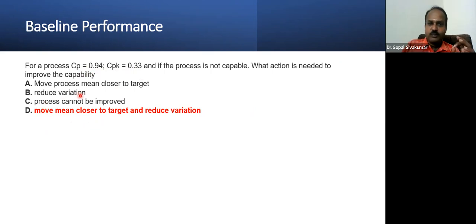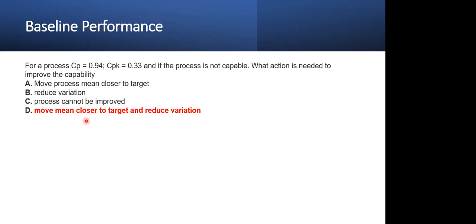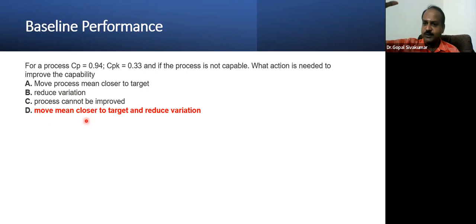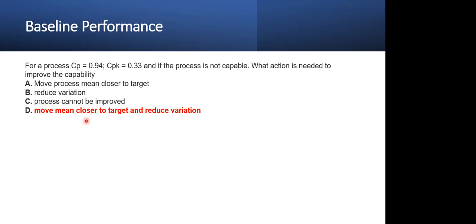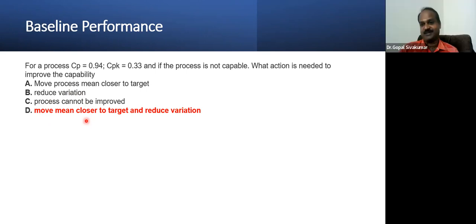How will you move the mean? You have to do a lot. Suppose your three-month sugar level, they call it HbA1c, am I right? Let us say it is 7.5. You have to move the 7.5 to 5.5. Now you have become non-diabetic, isn't it? How will you move that mean? Can you push it with some tool? No. You have to change your lifestyle, your daily routine,